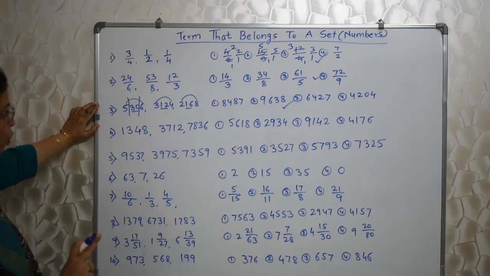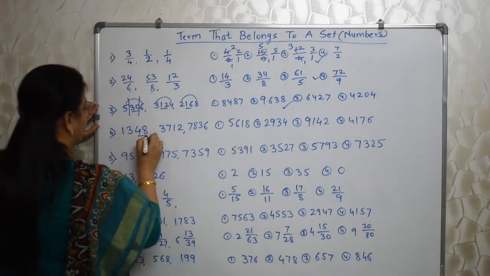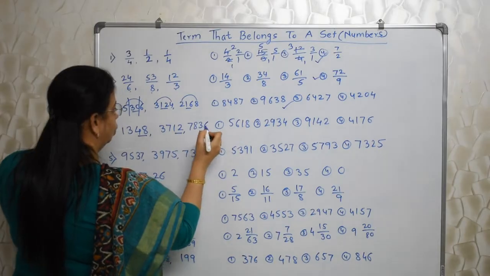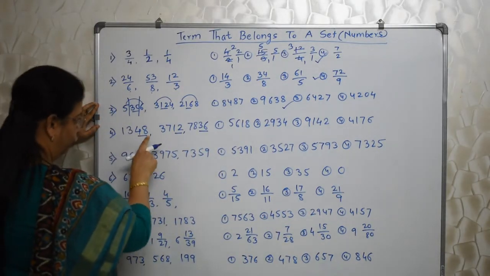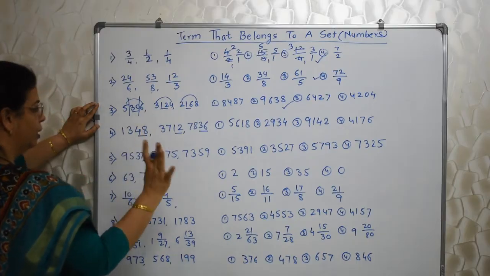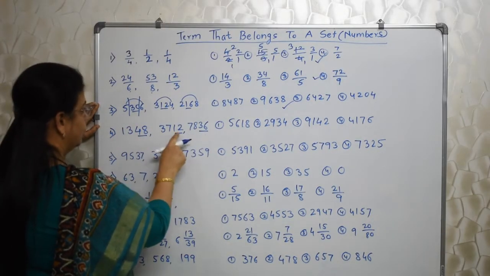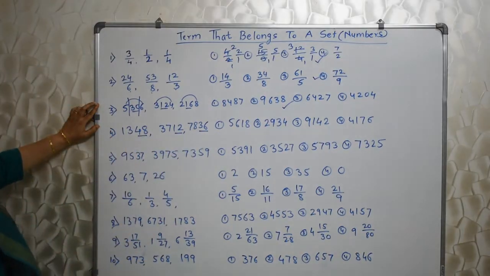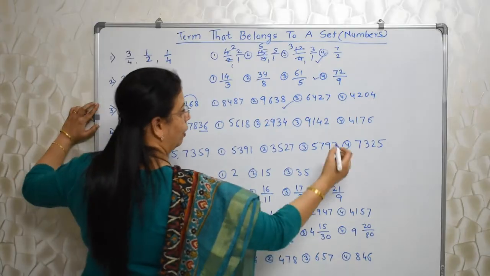See, I told you divisibility test also plays a very vital role. Here it is divisibility test of 4. I am taking the last 2 digits. 48 is divisible by 4. If you divide 48 by 4 you will get remainder 0. Similarly, in case of 12 and 36. So all these numbers are divisible by 4. So from this I need to find out the number divisible by 4.